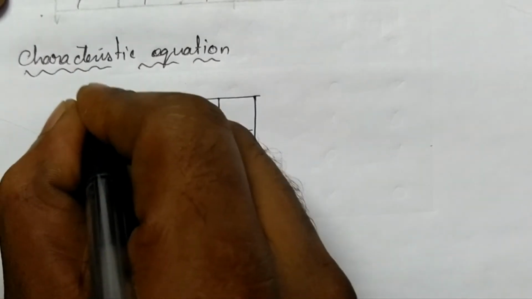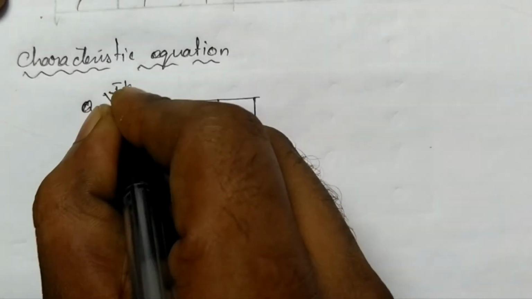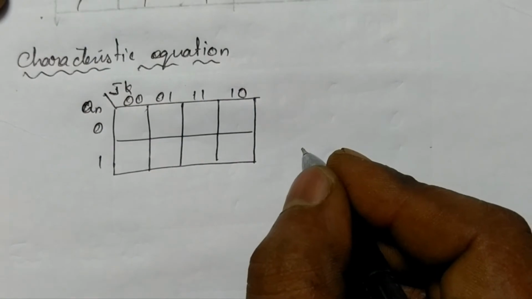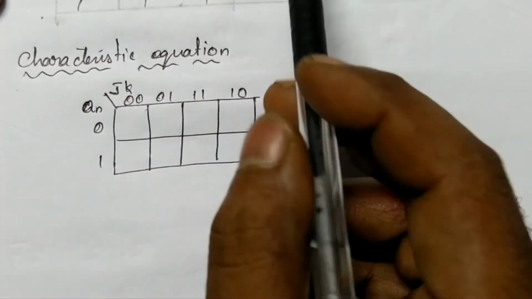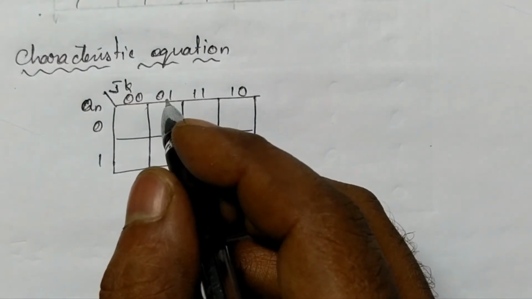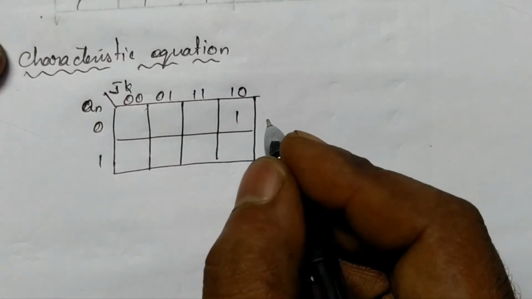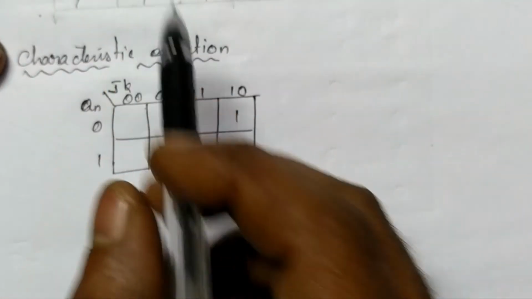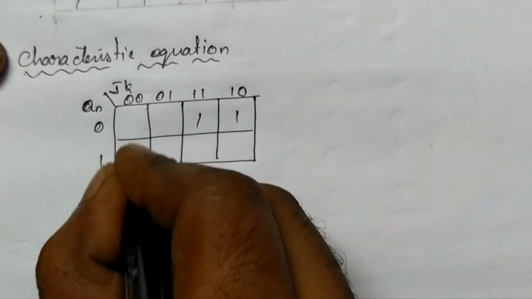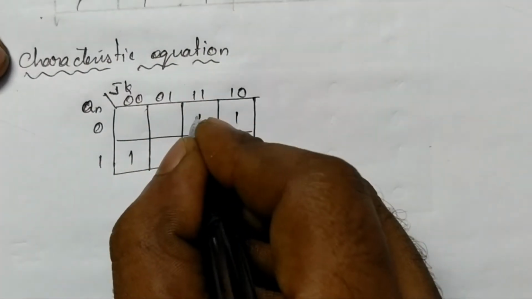Here it's Q, N, J, K. Here the possibilities are 0 1 and 0 0 0 1 1 1 1 0. So here we are having 1 at 0 1 0 0 1 0, therefore here we are having 1. Likewise the next one is 0 1 1, the next one is 1 0 0, then the last one is 1 1 0. So here we can make it as a